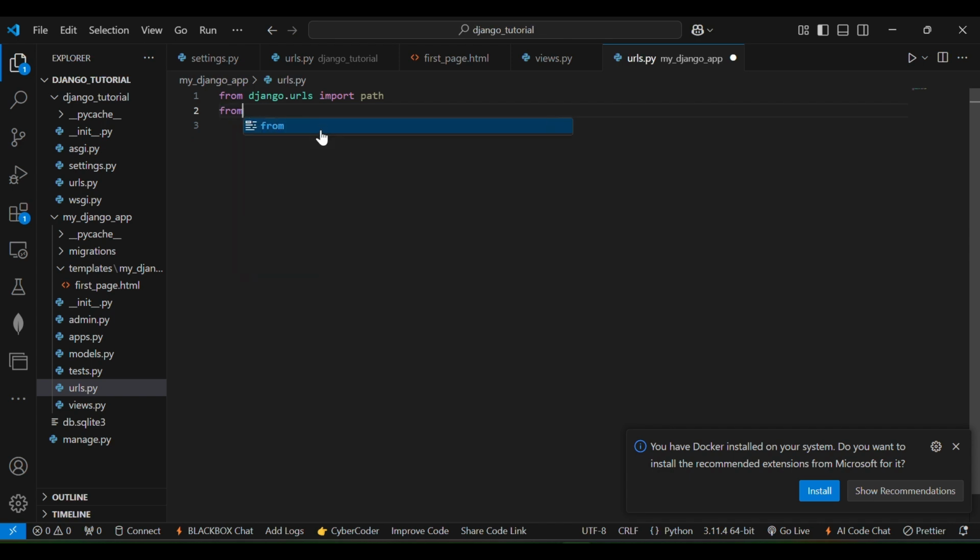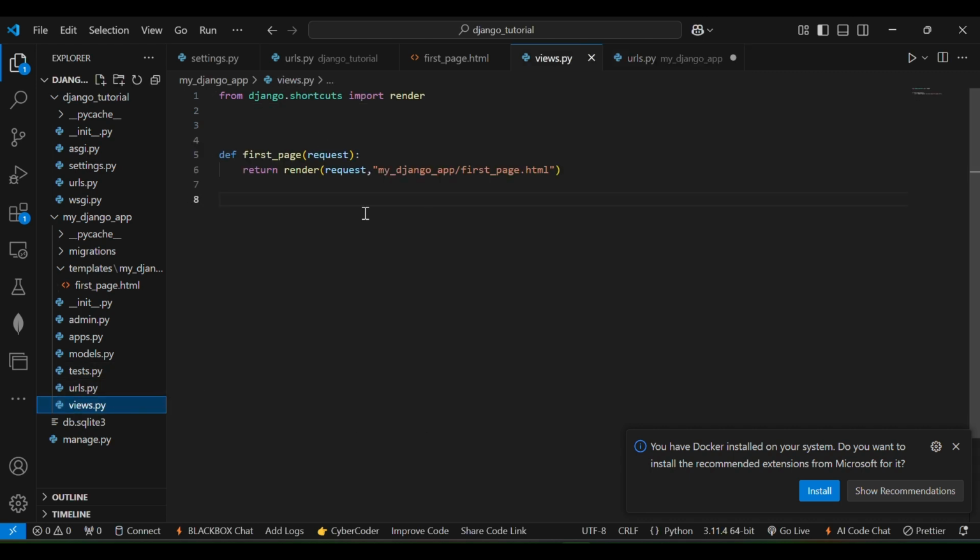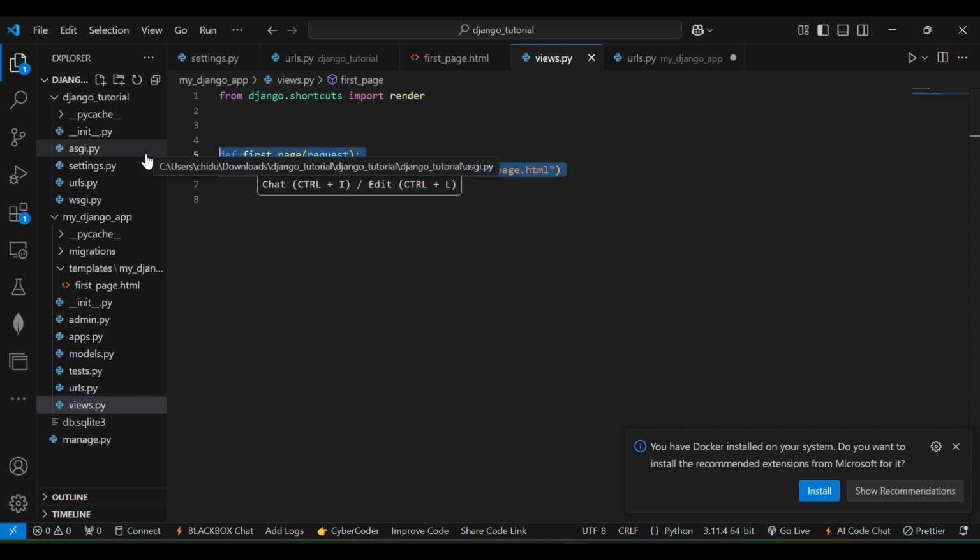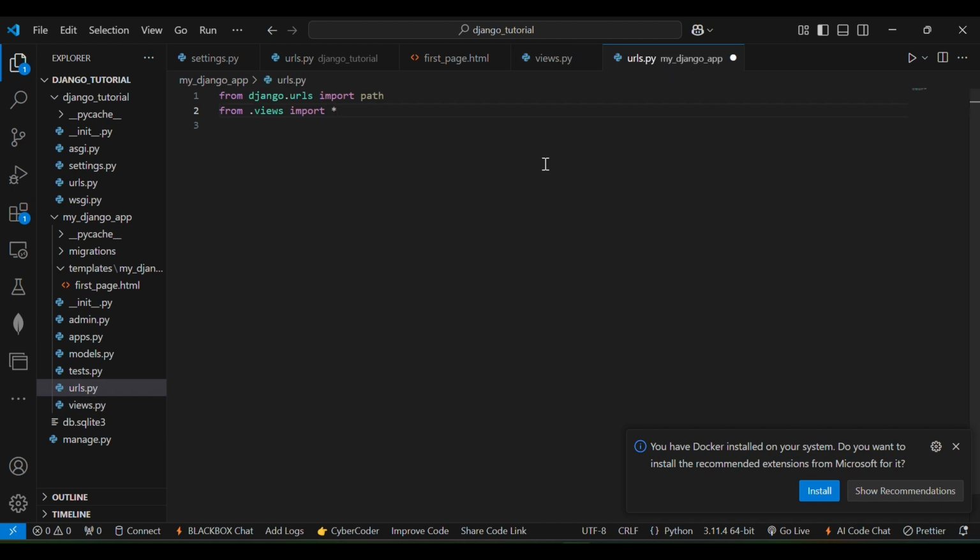So from views, import every single function I'm going to write. What this does essentially is it goes into the views.py that we made, and it imports every single function that we made. And if you can remember, I said that every single function here handles different routes. So since we're going to be making the first page route, we just write urlpatterns,